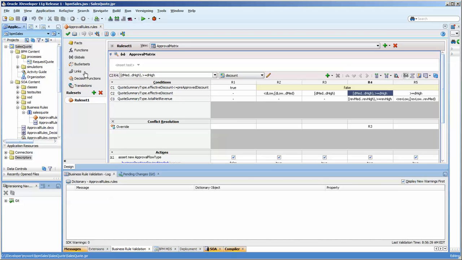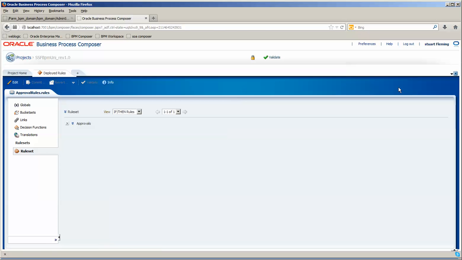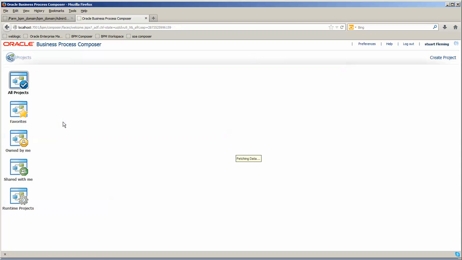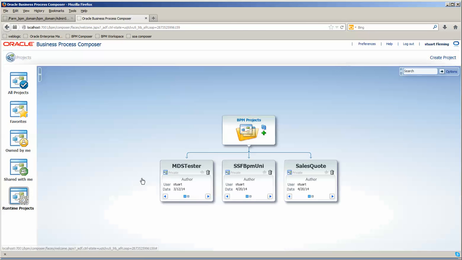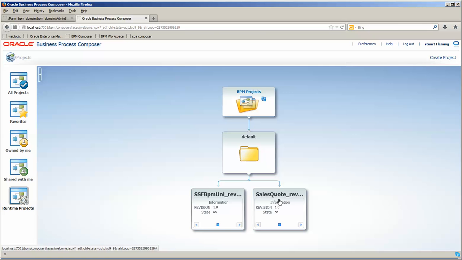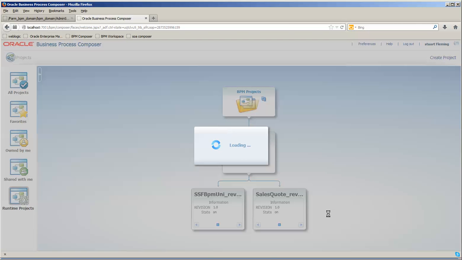And I have made the changes here, but if I make them here, I have to deploy it again. So I could go out to Workspace and close this project and go to my runtime, and here you can see that I have the two. And if I make the change here,